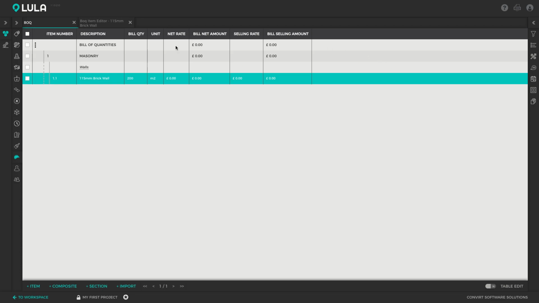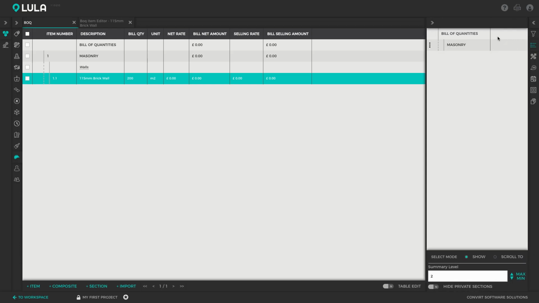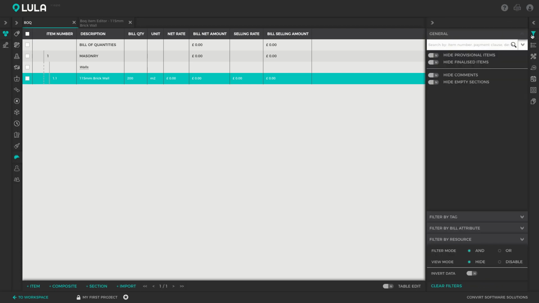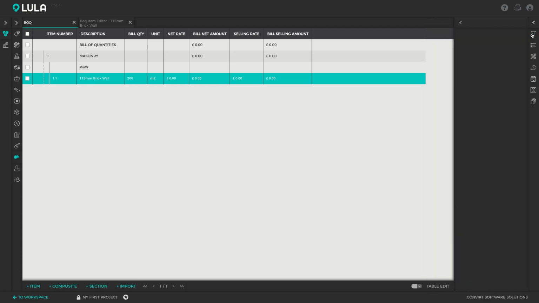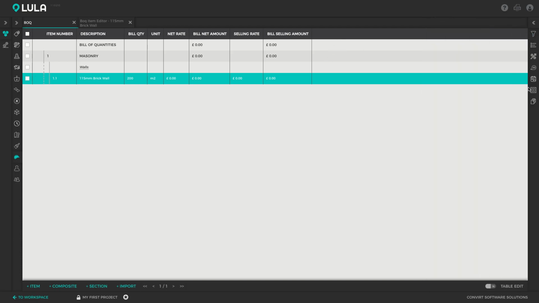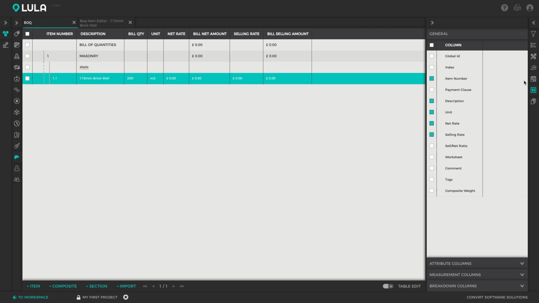Okay, so if you want to browse your bill of quantities according to sections, you can open up the section tab, and here you can filter out and browse to different sections if you have a larger bill of quantities simply by clicking on these headings. Right, alternatively, you can also filter your bill of quantities by making use of your filtering tab. And if you want to switch on additional columns and properties, we can open up our columns tab, and you can, for example, switch on something like the payment clause to see what the payment clause of a bill item